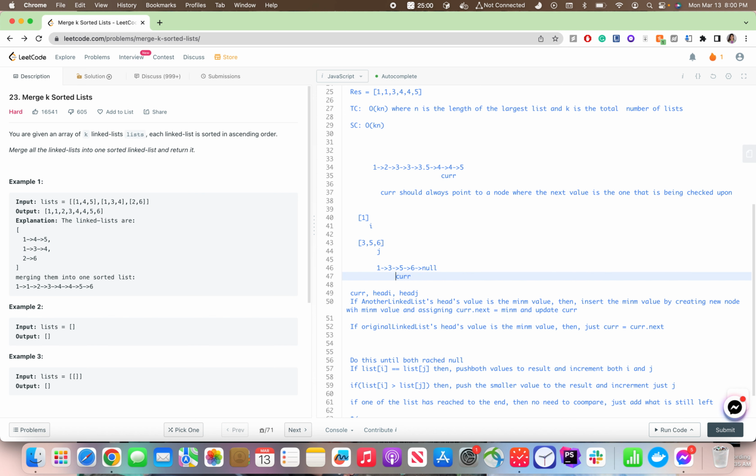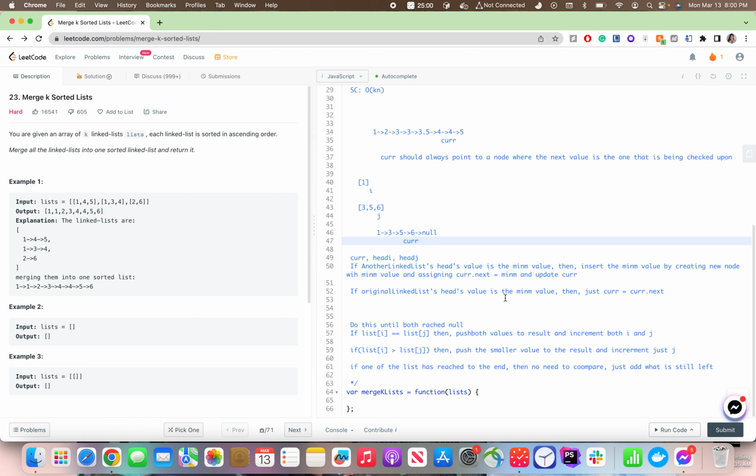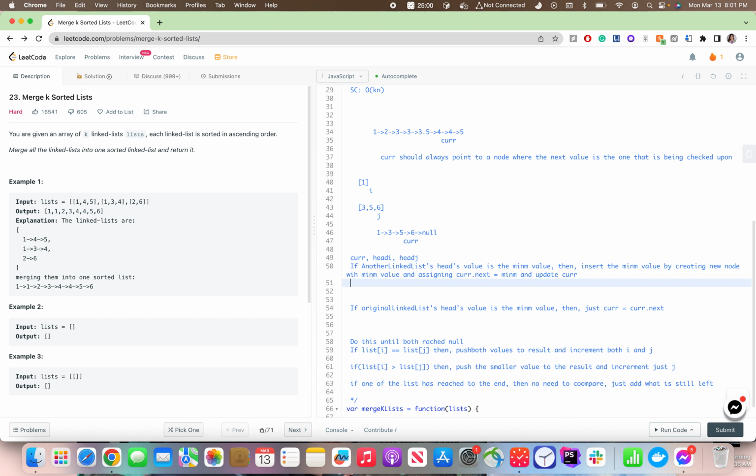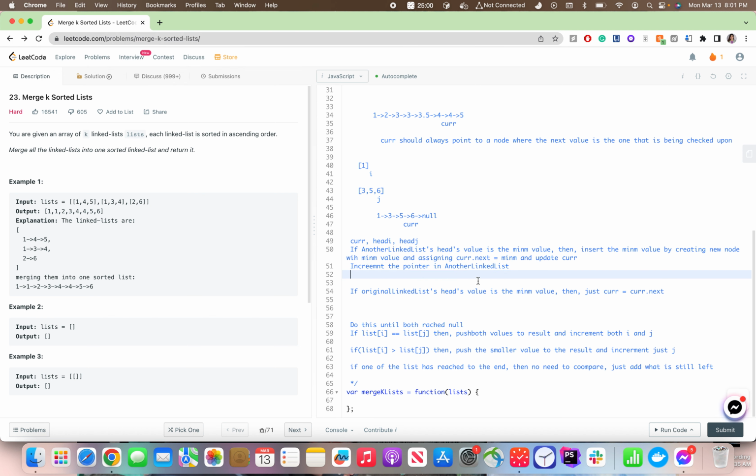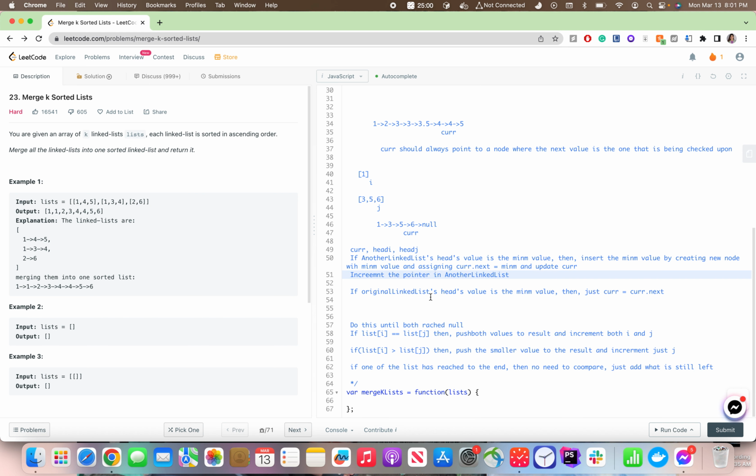Okay, so algorithm: if another linked list's value is the minimum value, then insert the minimum value by creating a node with the minimum value and assign it to current. And I should also increment the pointer in the other linked list as well, because we have found the minimum there. Okay, and